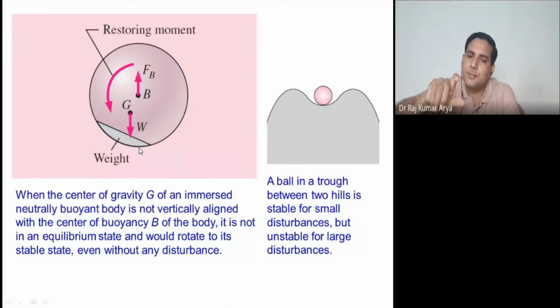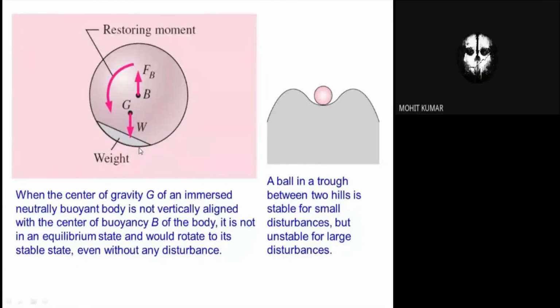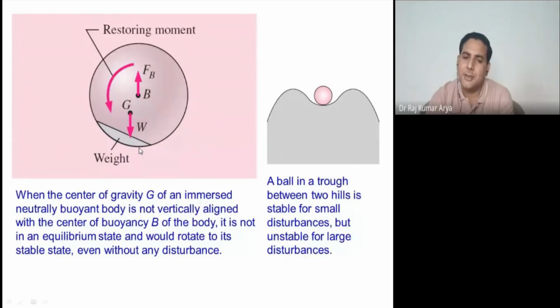Yes or no? Yes, sir. One force goes this way, another force goes the other way, so it will create a movement. Now what do we have to do to bring it back? You have to create a movement on a different side so that we come back to the original position. So this is called restoring movement. You are providing an equal amount of movement just to balance it so that things come back to the original position, right? So restoring movement needs to be provided from our side so that our floating bodies stay afloat.